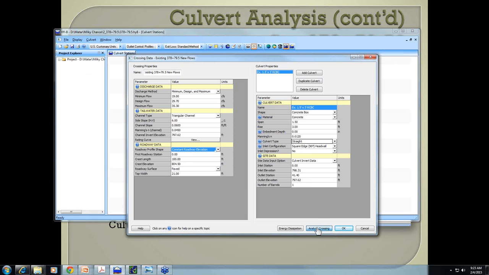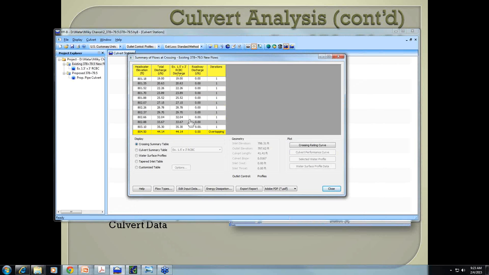797.3. We want to analyze the culvert at this point in time, and one of the things we're trying to do in this situation, which we'll see in a second, is decide what headwater we're going to design for. So let me go back to our